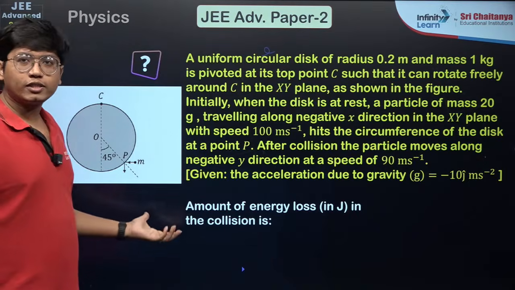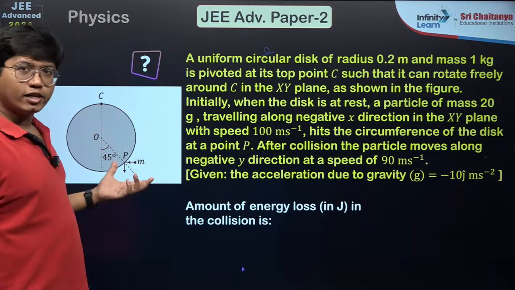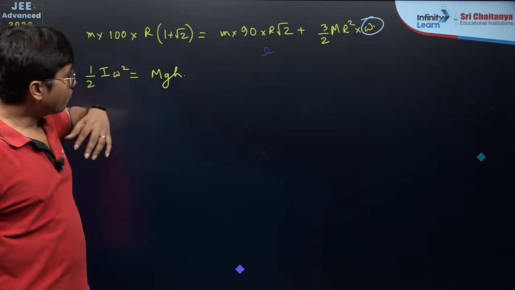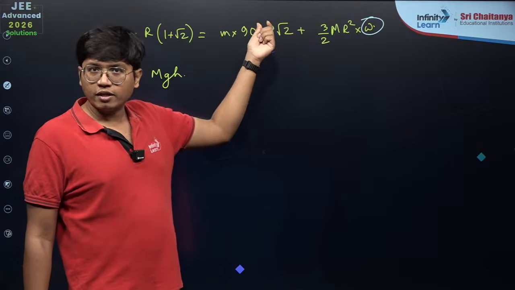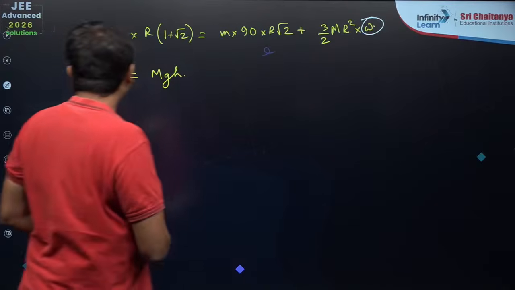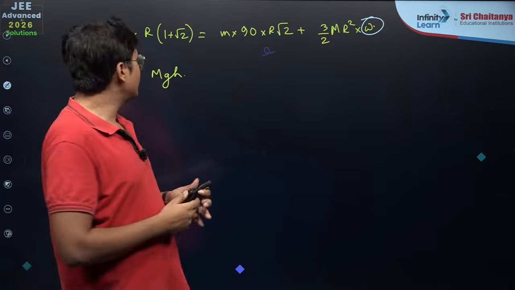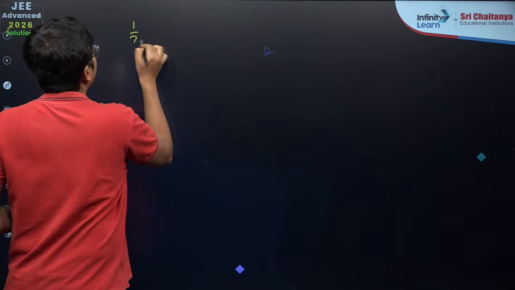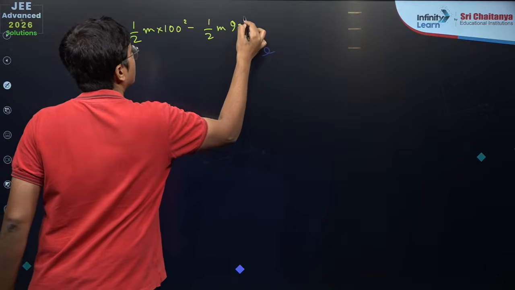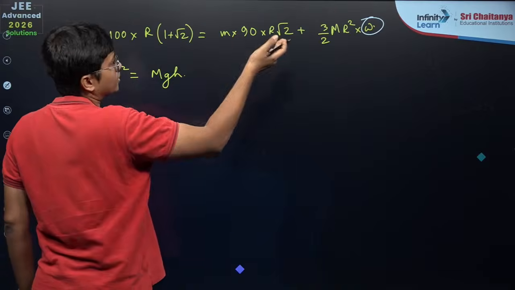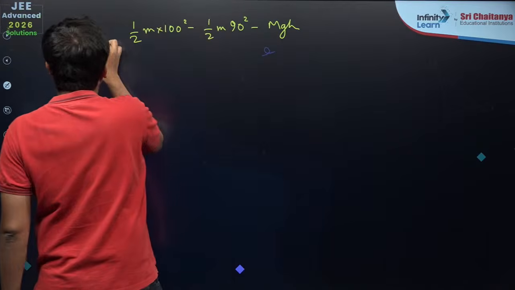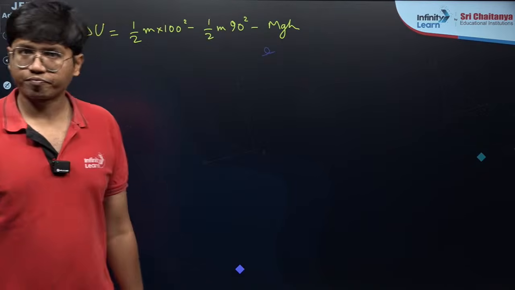And in the second part, that is a loss in energy, straightforward. Over here, you know the initial kinetic energy is half small m into 100 square, half mv square. In the final case, it is half small m into 90 square, because that still has a kinetic energy. And along with that, it also has this rotational kinetic energy. So you subtract. Initial is just, I'll do it here, half m into 100 square minus half m into 90 square minus you have the half I omega square basically from there, or mgh. If you have solved for h, you have the mgh. So that basically would be your delta U, the change in energy. Okay,